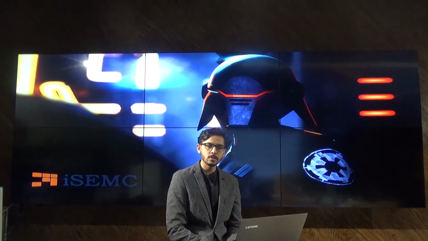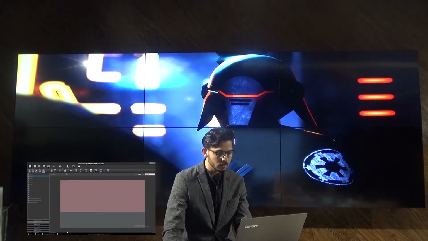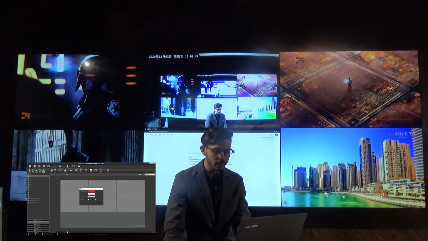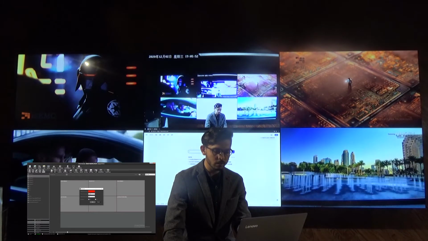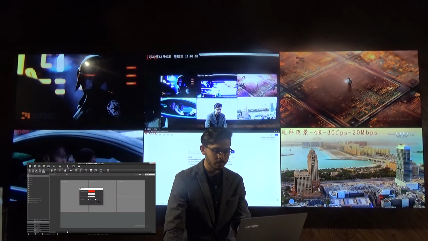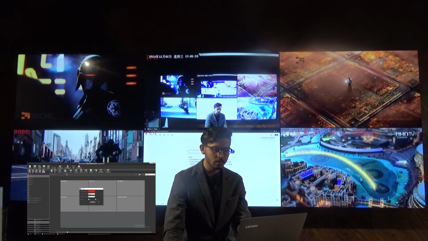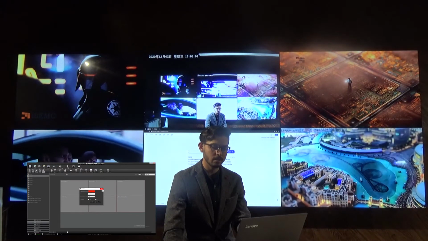If you have a lot of sources, you can overlay the source names, which we can do now. With it, it's easy to identify exactly what you are looking at. They are labeled clearly now. So let's try this feature. We can split the screen again, and then go to the on-screen display, which we saved already before. Once we click over there, we can see the on-screen display on the video wall. And if we don't need it, we just click over there. So that's how we can get the on-screen display.